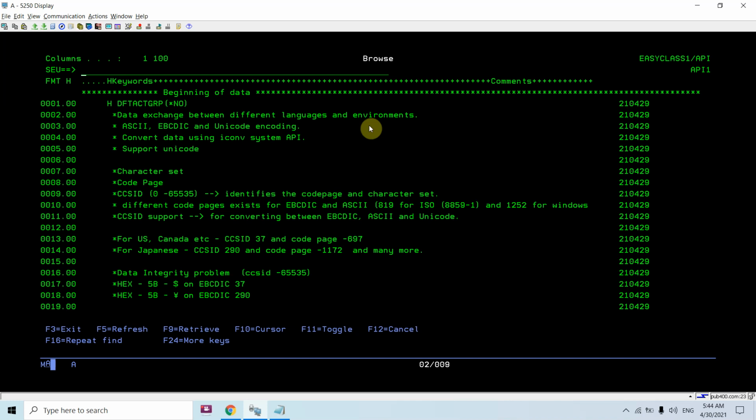Unicode encoding is a very simple thing. What we need to do is define our fields with the graphic type and with the CCS IDs, let's say 13488 or 1200, whatever we want, UTF-16 or UTF-8.